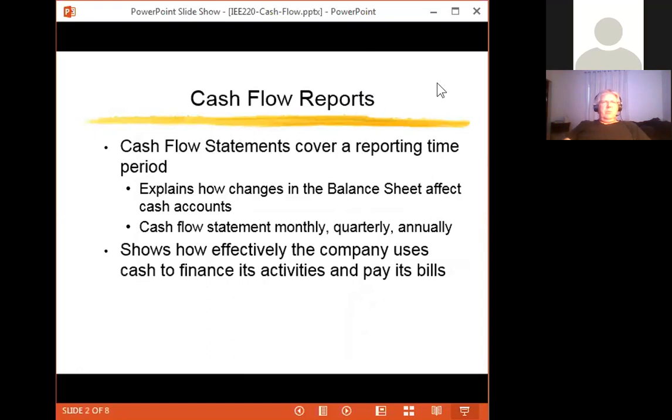So in the cash flow report, we're looking at all the cash going in and out during a specific time period. As we spoke about, an income statement covers a month, a quarter, a year: what did we do? Did we make money? And a balance sheet is what are we worth right now, a point in time. The cash flow statement is, again, a monthly, quarterly, or annual tool